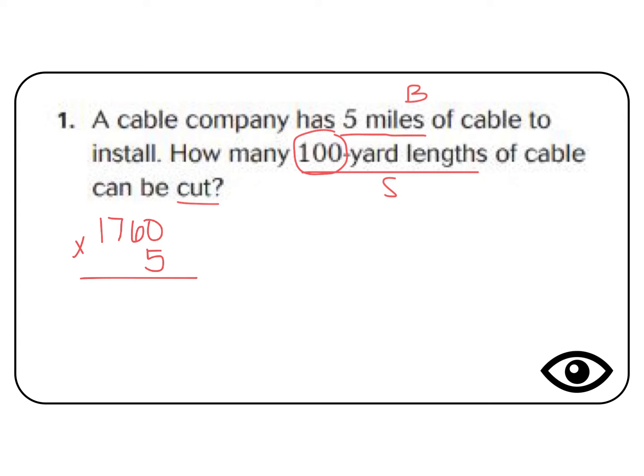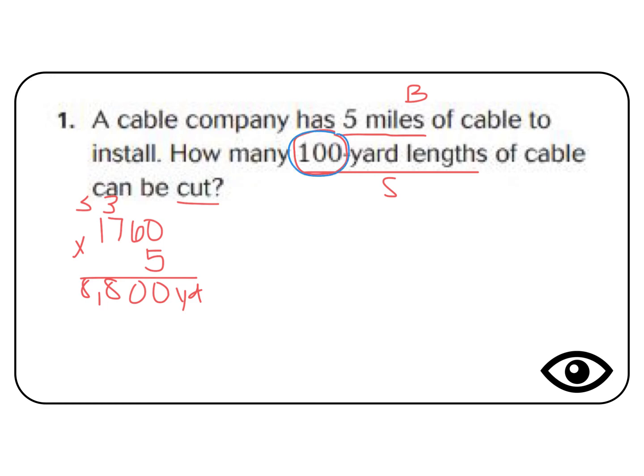So I have 0 times 5 is 0, 6 times 5 is 30, 5 times 7 is 35, plus the 3, 35, 36, 37, 38, and 5 times 1 is 5, plus another 3 gives me 8. So there are 8,800 yards in this problem,